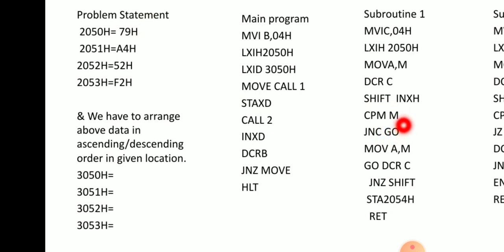If the accumulator is greater than the memory, then there is no carry, then it transfers to here. And if the content of the memory is greater than the accumulator, then this condition becomes false. So then the content of the memory is copied into the accumulator. Then after DCR C, the counter is again decremented by 1, then it jumps to the next number, and after executing the whole program,